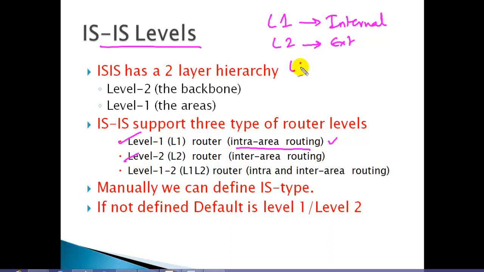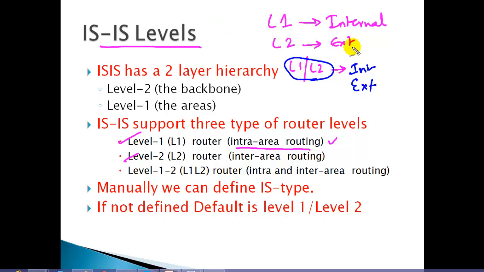And finally, we have the third category of routers: level 1-level 2 routers, which have the features of both. These routers are capable of communicating with internal routers as well as with your external routers. So this is the basic difference we have. In OSPF, we have area 0, which is considered the backbone area. Here we have something called level 2, which will be considered similar to your area 0. We'll come to these different areas in detail.